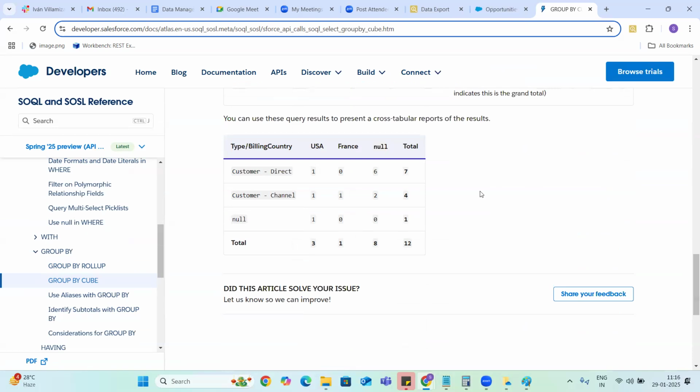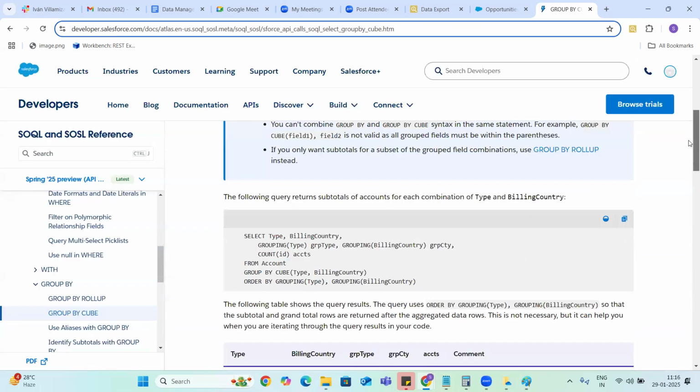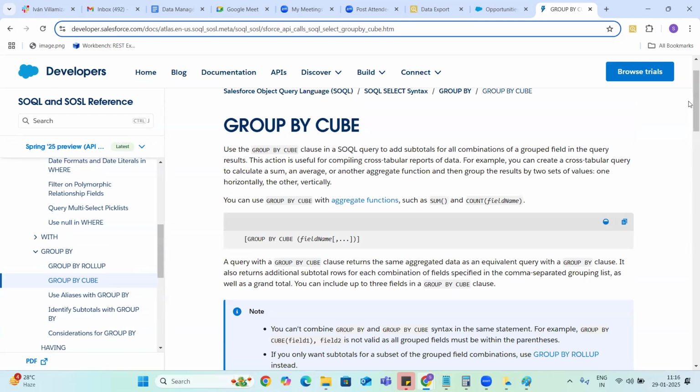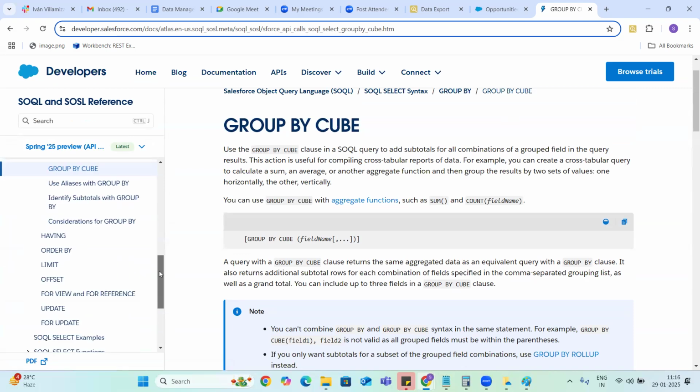Whenever we want to get results in a matrix way, they might use this one. But for your experience, you can just ignore these. If you are very familiar with group by clauses, where clauses, offset, limit, and having, that is more than enough to answer all the SQL queries.